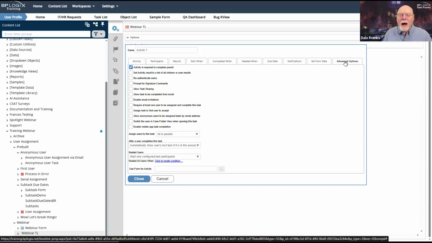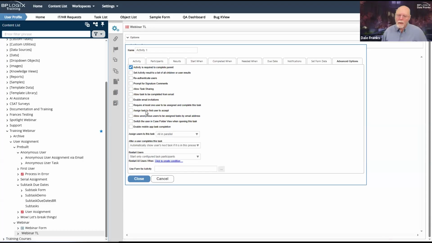All right, so now that we have assigned tasks, there are a couple of special considerations on the Advanced Options tab that we need to keep in mind. The first is re-authenticate users.